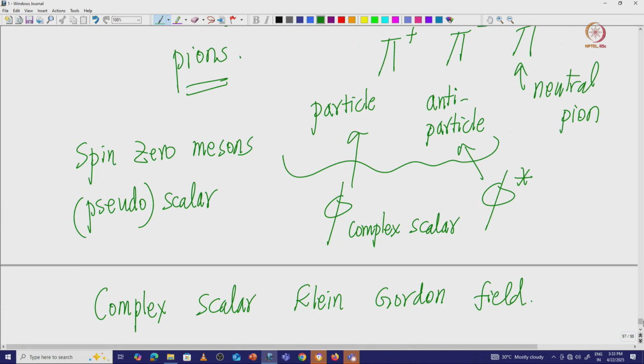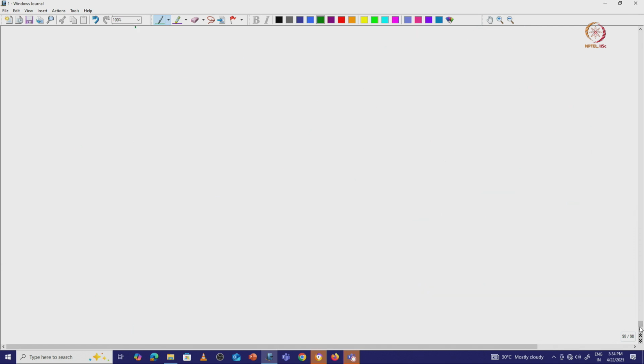Question: now what happens to the neutral pion? How do you represent the neutral pion essentially? The neutral pion does not have any charge. So, it is a neutral particle, it cannot couple to the electromagnetic field. Because it does not have any charge, it does not participate in electromagnetic interactions. It does not see the photon. How do you represent it? Can you still use the Klein-Gordon equation for the neutral pion also?